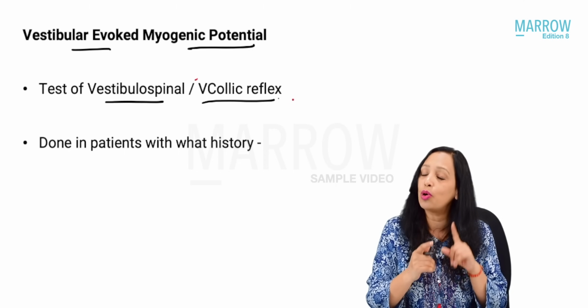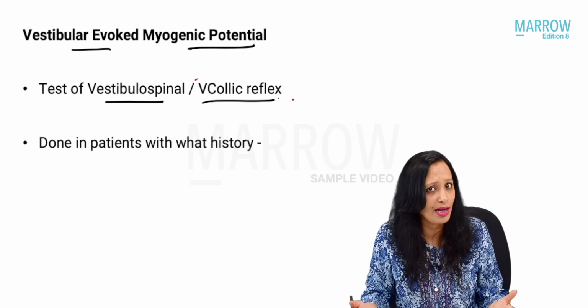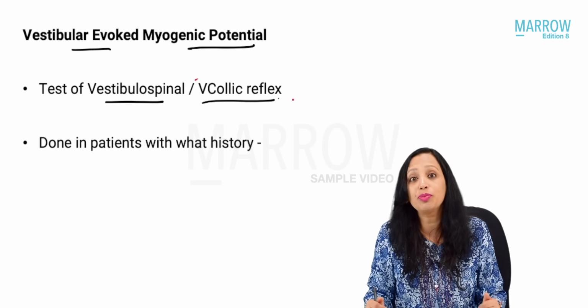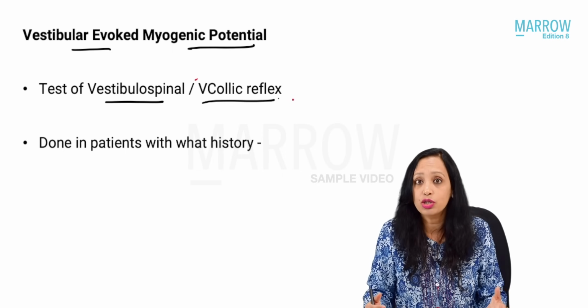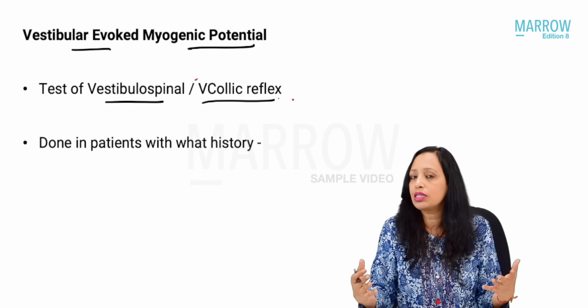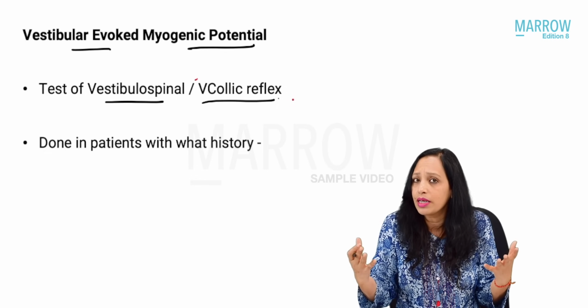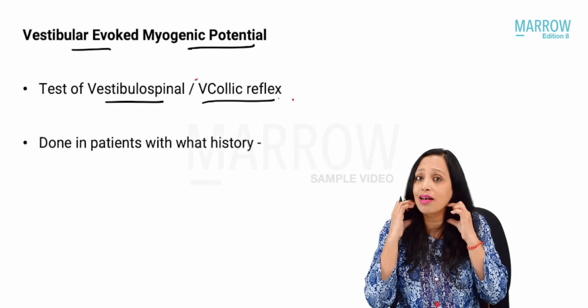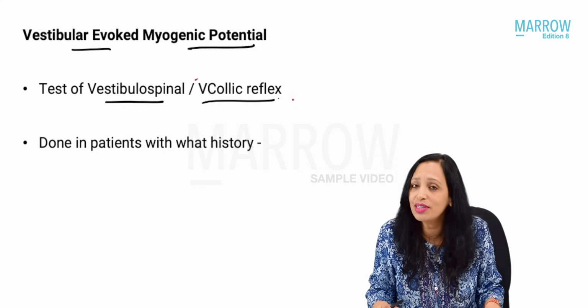In all of us, both the vestibulospinal as well as the vestibulocollic reflex are present normally. Can you give me one example of a vestibulocollic reflex that happens in all of us normally? Yes, so whenever there is a very loud sound, what is our normal response? Like this. Yes, so what happened with loud sound? Yes, with loud sound, we suddenly had a relaxation of the sternocleidomastoid to maintain our posture. So how did this happen?